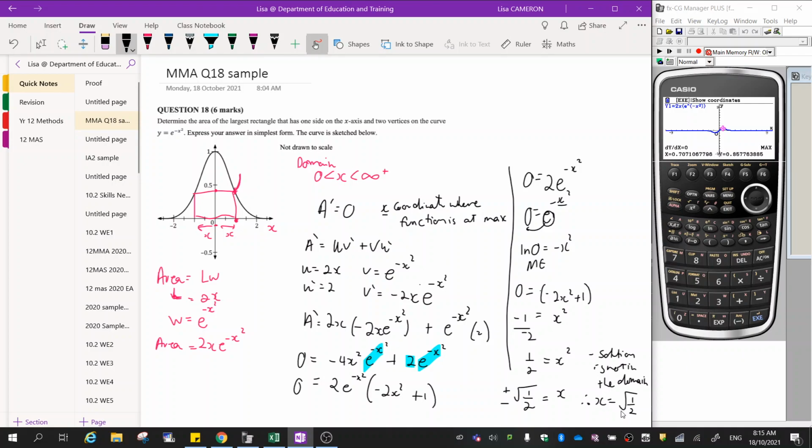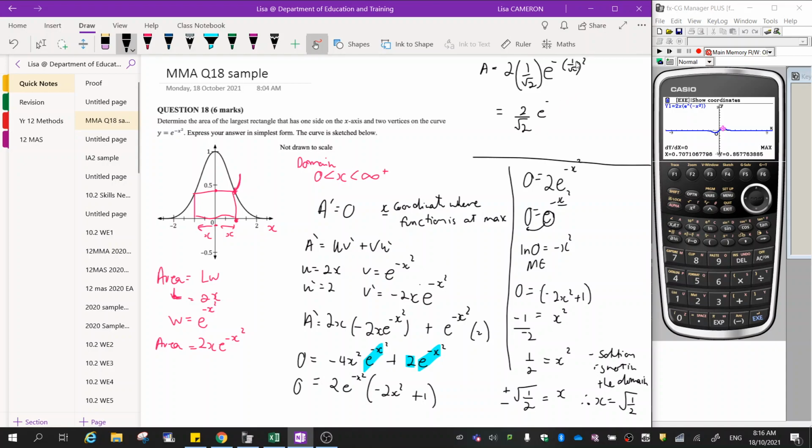So next thing we have to do, because it's asking us to calculate the area. Now I'm just going to sneak this last bit in at the top up here. So area is equal to, and I'm going to use this as my x value. So 2 times 1 over root 2, or you could say the whole thing is still in a fraction. But the square root of 1 is just 1. Square root of 2, we'll leave it like that. Obviously that's not rationalised. So then I'll have 2 over root 2